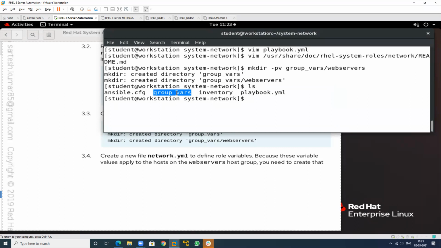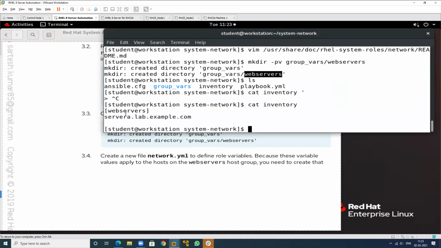That variable will be applied only to this particular machine. This is my group name. The group name is check, in my inventory file. This is the name of the group. By using this particular group, create a group name, and this task is to happen only on this particular machine.